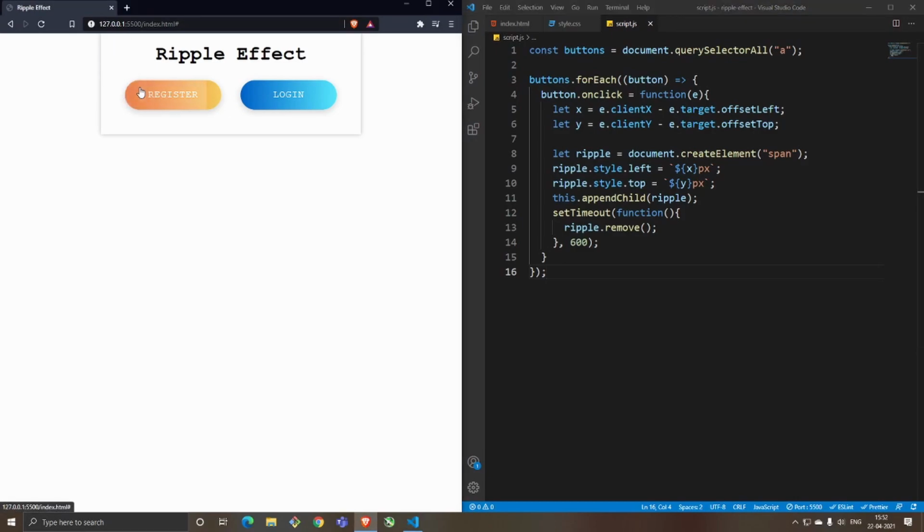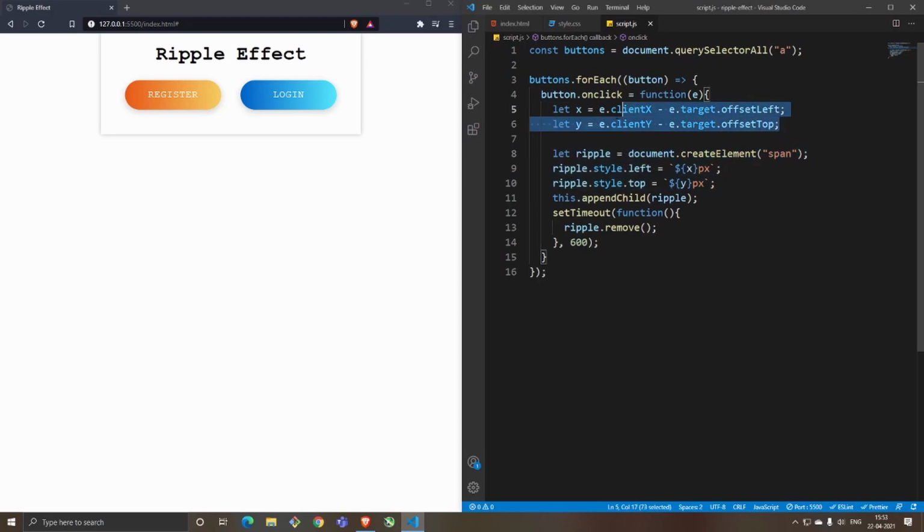Let's say you go and click this, you got the ripple effect. Wherever you click, it ripples off from there to the end. That's what this whole thing is actually. Using this, you set it to the ripple style and it adds it to the ripple, and it continues till 0.6 seconds. Now, once that is reached, it removes it off that ripple. The whole ripple effect is removed. So that's it, we are done.